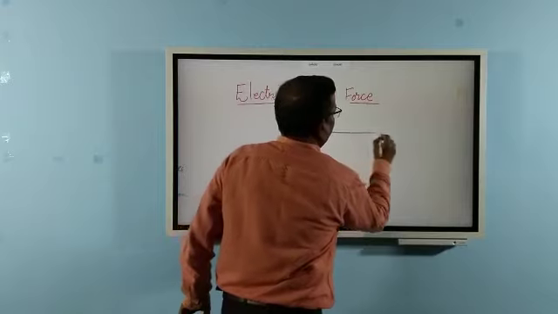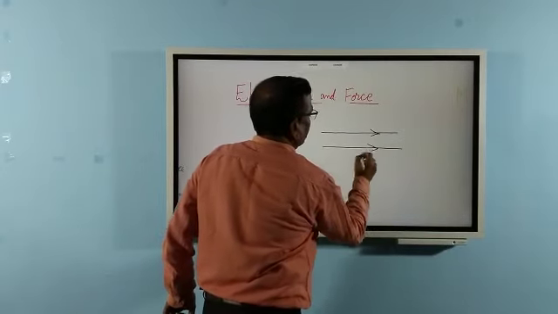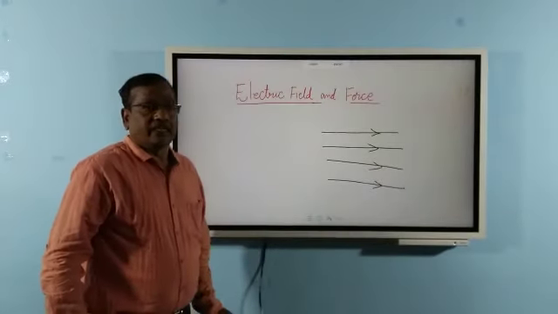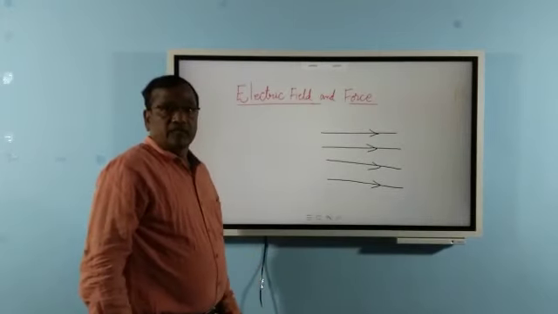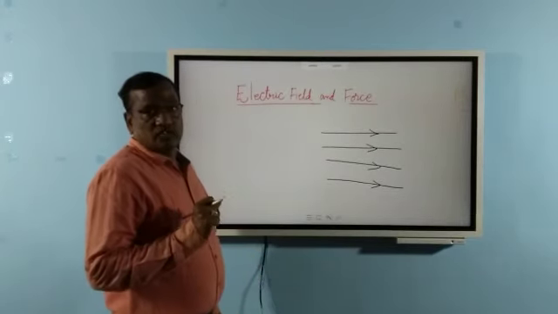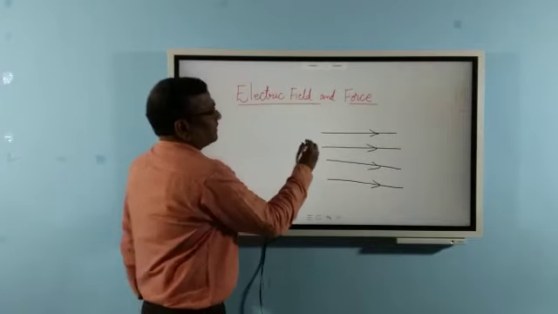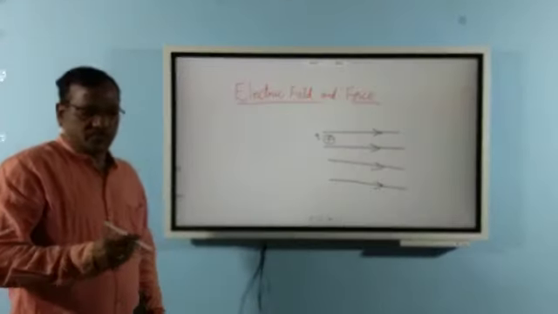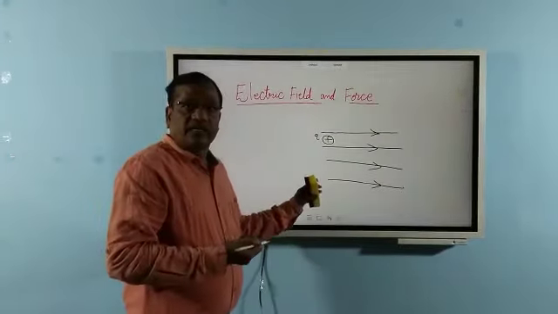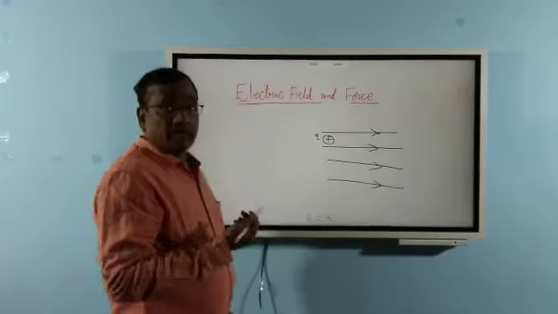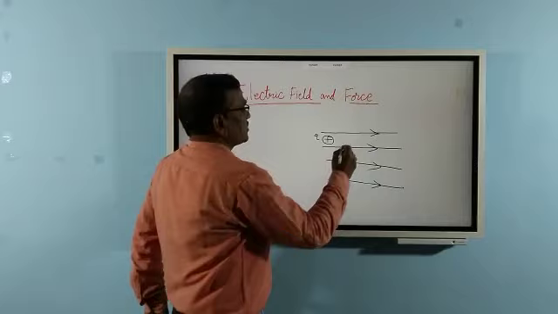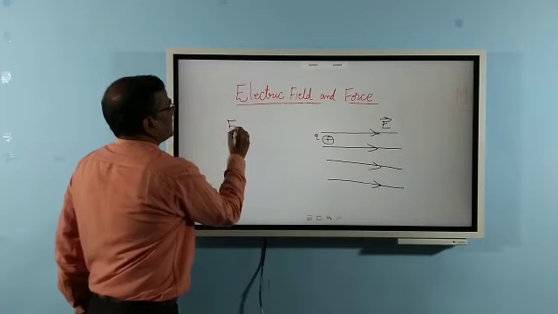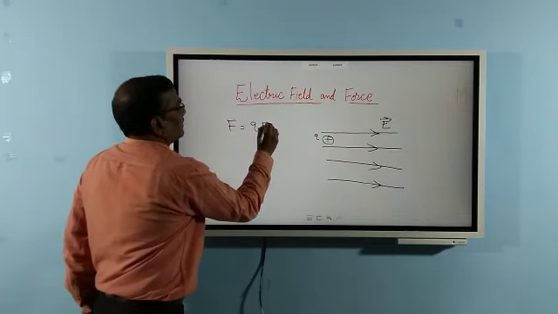Let us consider an electric field shown in the form of straight lines. This is the direction of the electric field. You know that the direction of the electric field is the direction in which positive charged particles move. If you keep a positive charge in such a field, it will experience a force. Generally, a positively charged particle, a negatively charged particle or a point charge kept in an electric field will experience a force. That force experienced by a charge is given by F equals QE.